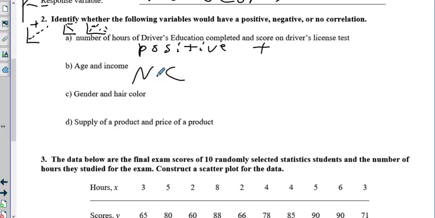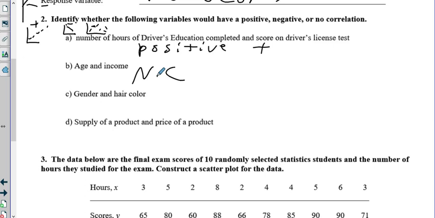So remember, you're not looking individually. Yeah, of course. I make more money than I did when I was 17. Okay? A few years from now, I'll make more money than I do now. You get raises. But it's not talking about an individual. It's talking about, is there a correlation between anyone's age and their income? Not necessarily. There are people younger than me that make more money than me. Okay? There are people older than me that make less, so there's no correlation.